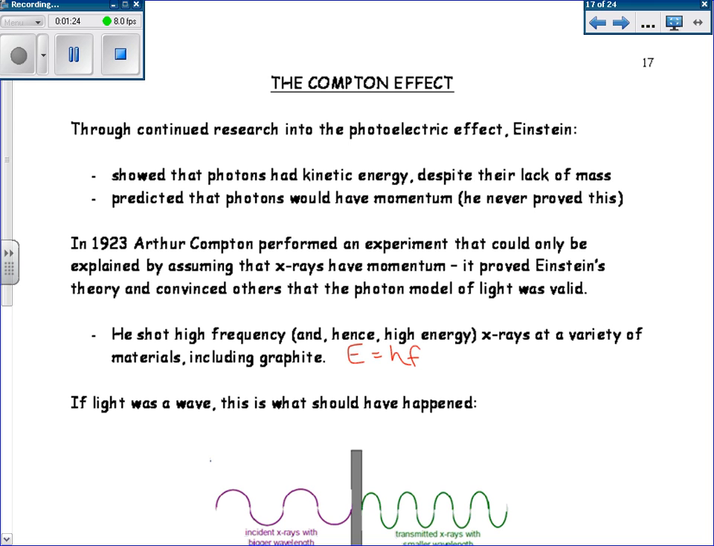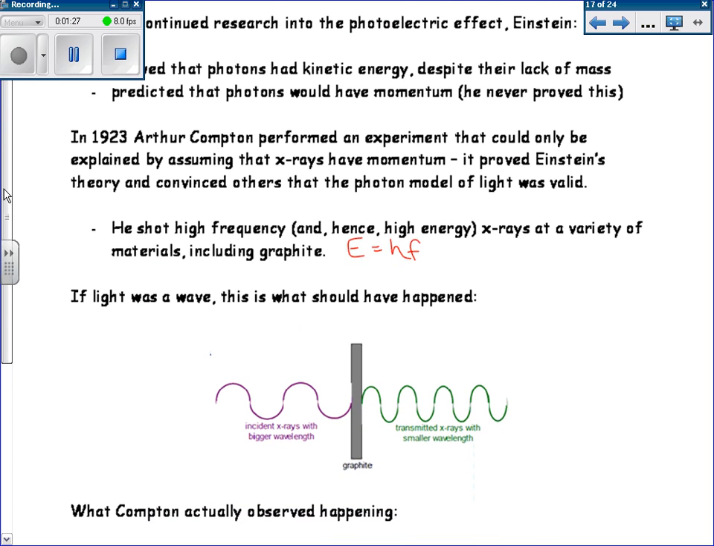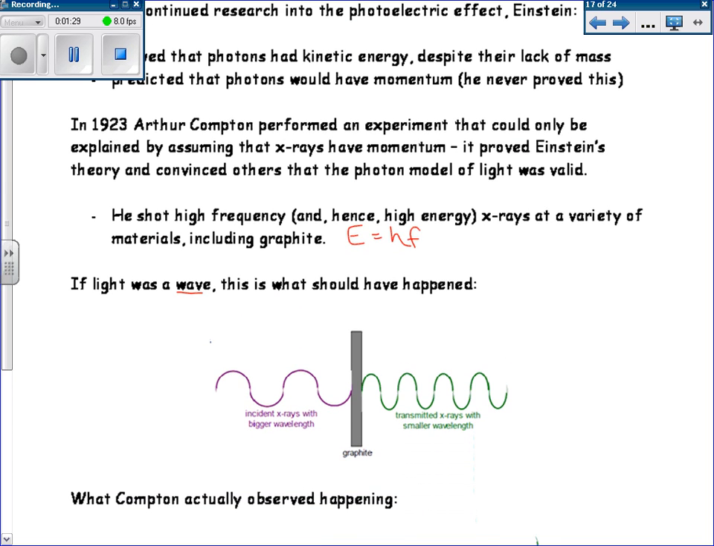And what he thought was that if light was a wave, then this is what should have happened. He's got incident X-rays that have a bigger wavelength. He's shooting them at graphite, and the X-rays that come through would have a smaller wavelength. That's what he thought should have happened if light was actually a wave. But what he actually observed happening